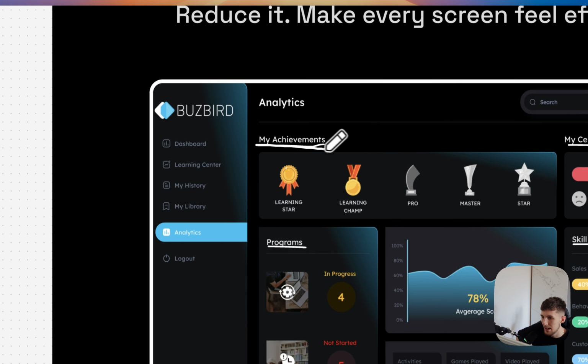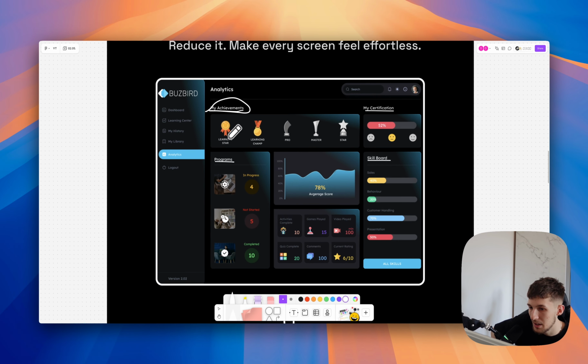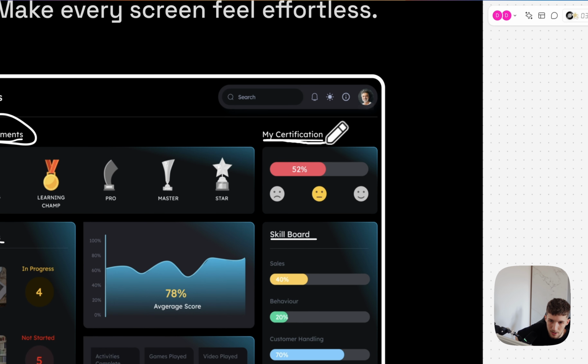let's try pairing my achievements and programs and making it into one, maybe a collapsible widget or something. Then the analytics have more space here, if it makes sense. I'm not sure what the analytics actually does here. You will have space for this type of widget, and also tucking away this my certification and skill board together